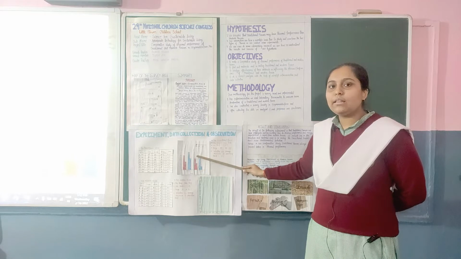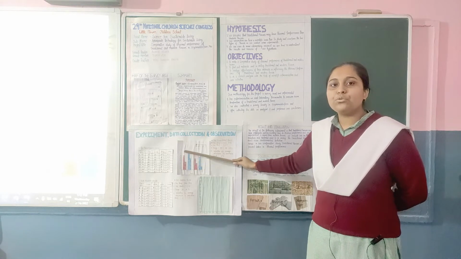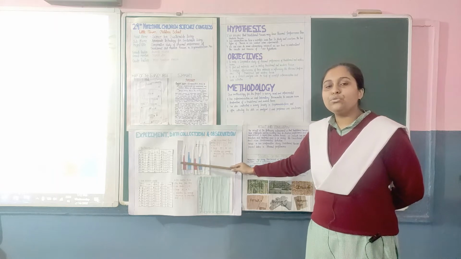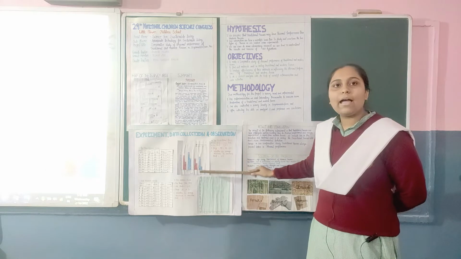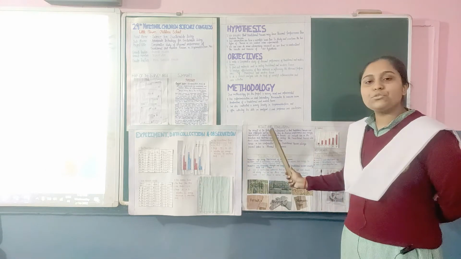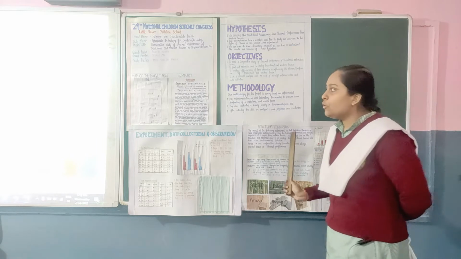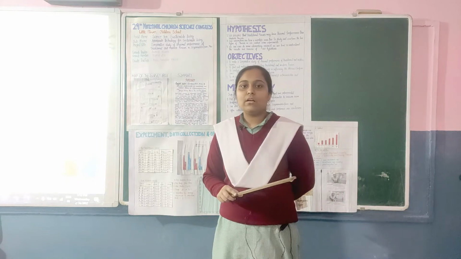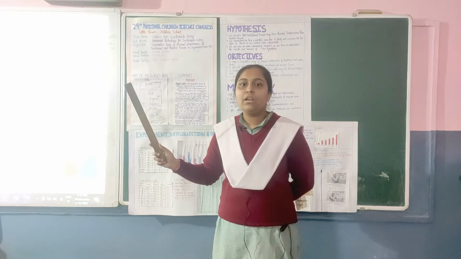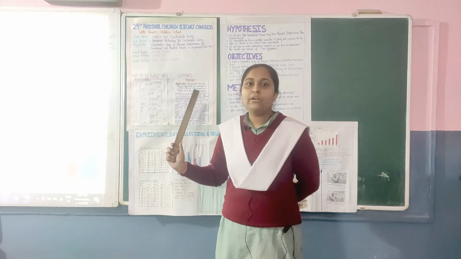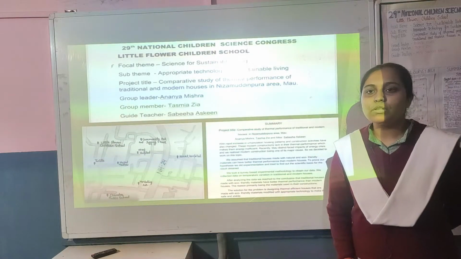The third one is experiment data collection chart paper. Here we have shown all the data that we collected through bar graphs, data collection tables and line graphs. The fourth one shows the result and conclusion of our project and solution of the problem. So for your better visual, let me switch over to the projector screen where I will show the entire project through a PPT. Now let me explain my project through these slides.